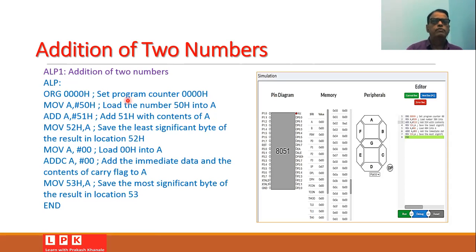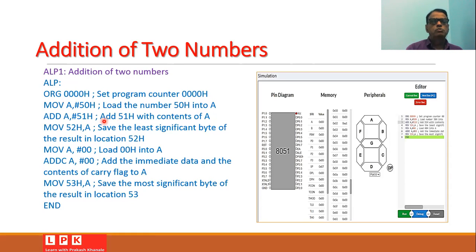Then we will load the first number 50 into the accumulator by using this instruction, MOV A, #50h. Then we will add 51h into the accumulator by using the instruction ADD A, #51h. So we are adding 50 and 51 together.